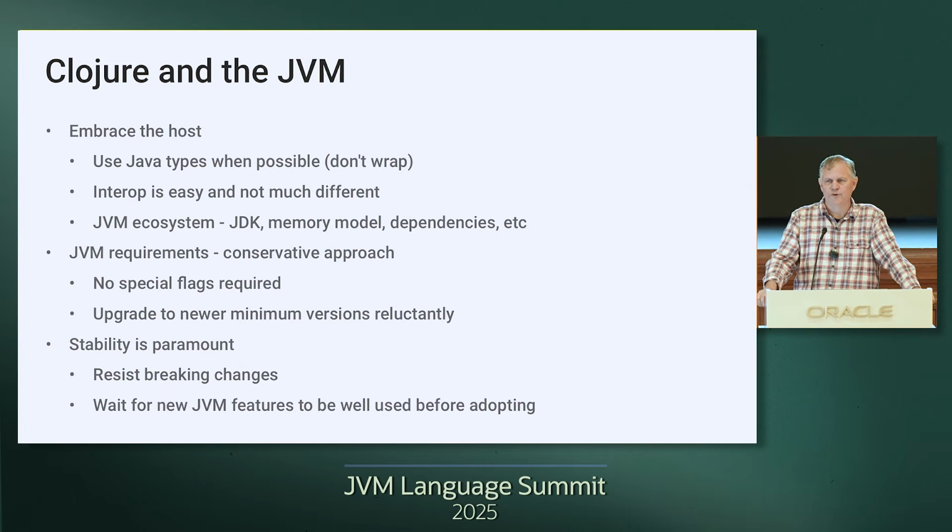We tend to wait for new JVM features to be really well used and optimized before we adopt them. And so we've really only started using invokedynamic within the last year or two, and only in a few places. I think that will probably increase. And as we move to a higher JVM version, we'll probably use constant dynamic and hidden classes. I think there's lots of things that we could utilize, so we're looking forward to using those things.